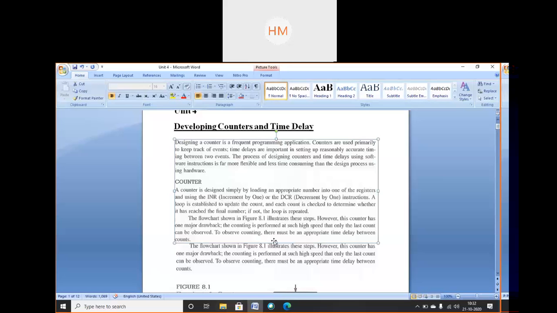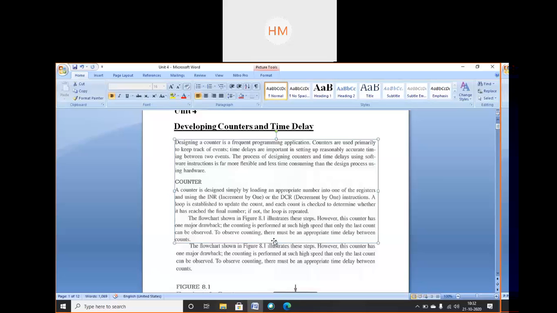We all know counter. I want to set a counter of say 100 numbers. So what I can do is take the counter starting from 0 till 100. I will increase it with INR one by one, the content which is present in the register, or I can set the counter to 100 and then decrease the value till I reach 0. So here, which instructions will I require? I will require the jump conditional and jump unconditional instructions, the instructions which we have studied. We have studied call, jump, return instructions.